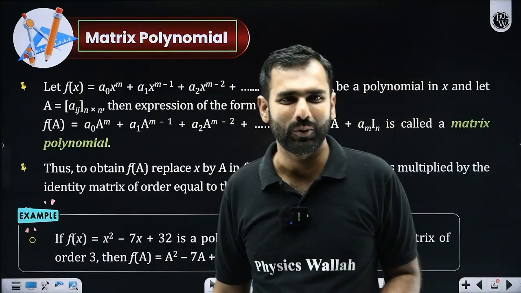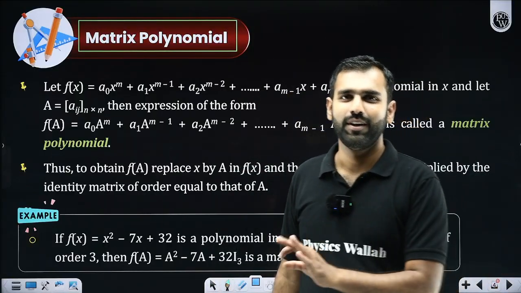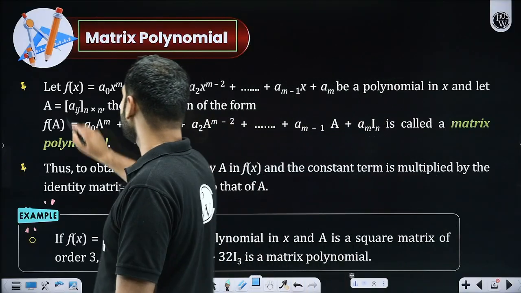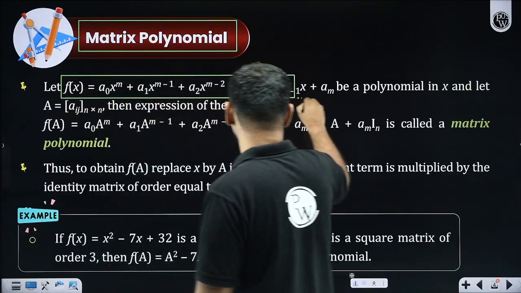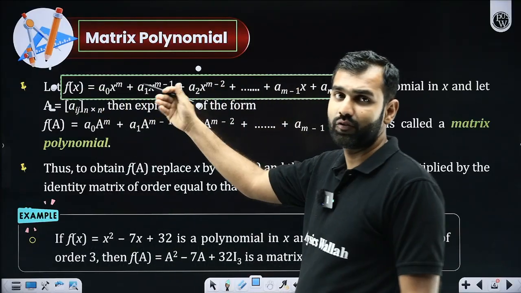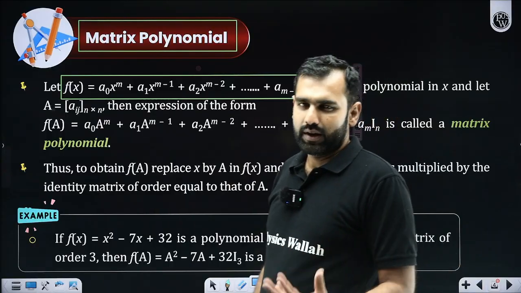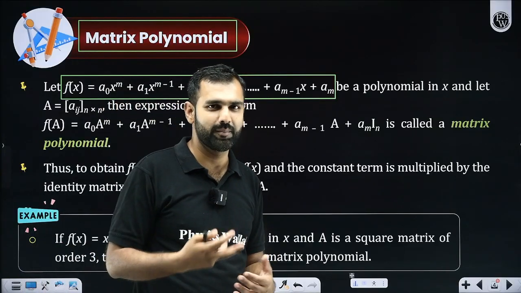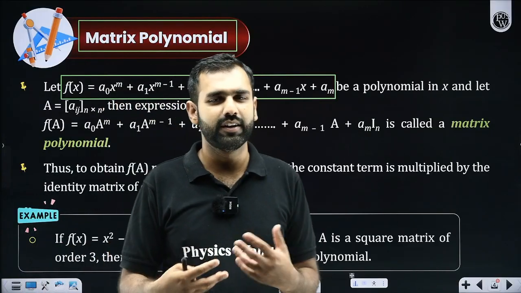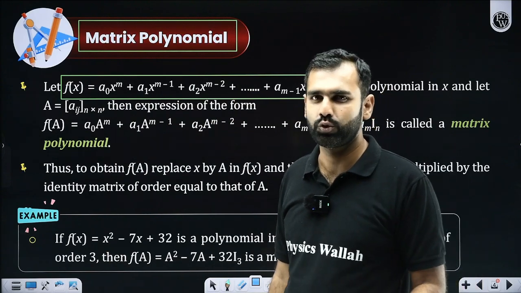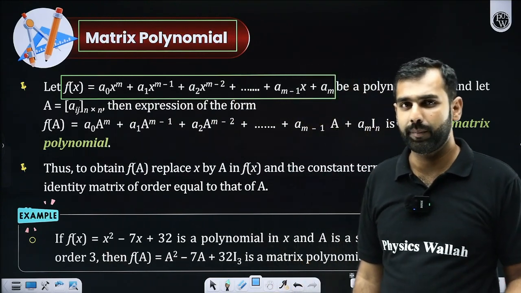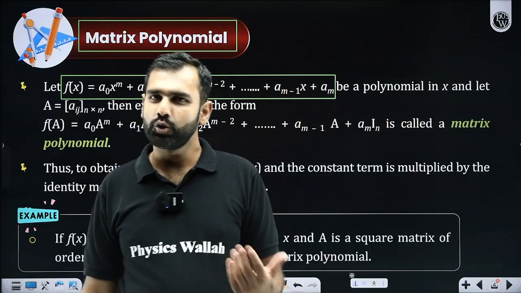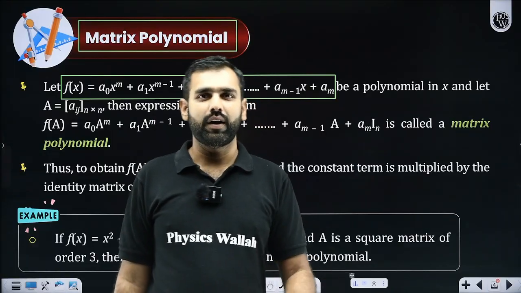And with this, we'll be concluding this chapter. So, the final nail in the coffin. If I am given a polynomial, I hope you understand polynomials. This is a polynomial of degree m: cubic, quadratic. Usually you will be restricted to cubic only, because as per your syllabus, we will be dealing with either a 3 by 3 or a 2 by 2 square matrix. If it is a 3 by 3 square matrix, you will be dealing with a cubic matrix polynomial. If it is a 2 by 2 matrix, you will be dealing with a quadratic polynomial.